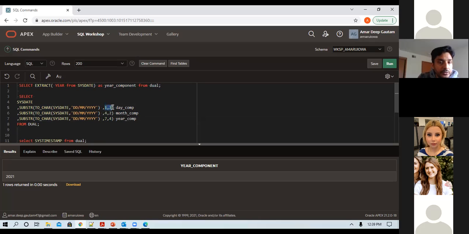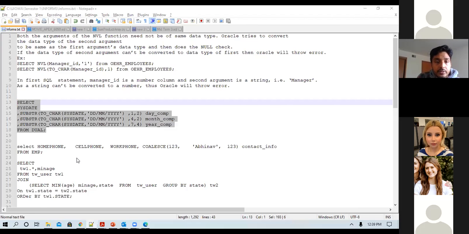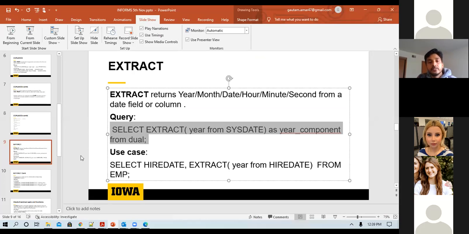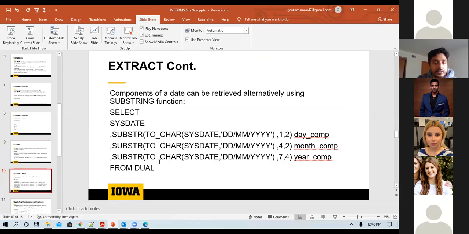For the day component, you have to do this. But in the extract function, we just have to do this to fetch the month component. It's very handy, this function. This can alternatively be done using the substring function, but then again, it's cumbersome, and you have to know the positions of each.